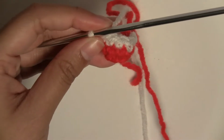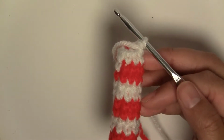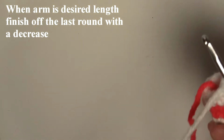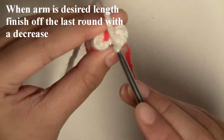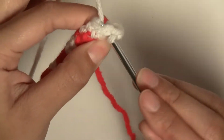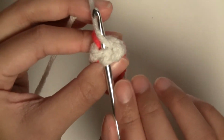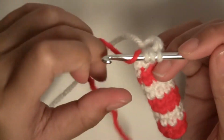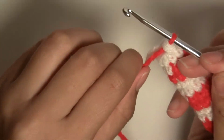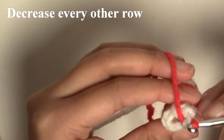2 1/4 inches, that looks about right. So, I'm on my 7th stitch. Now I'm going to decrease 1, so I put my hook into the next stitch, pull it through, then put it into the stitch next to that, pull it through, and I'm switching colors, so I'll pull this one through, and now you have 8. So now we're going to decrease every other row. So we're going to single crochet 8 here,